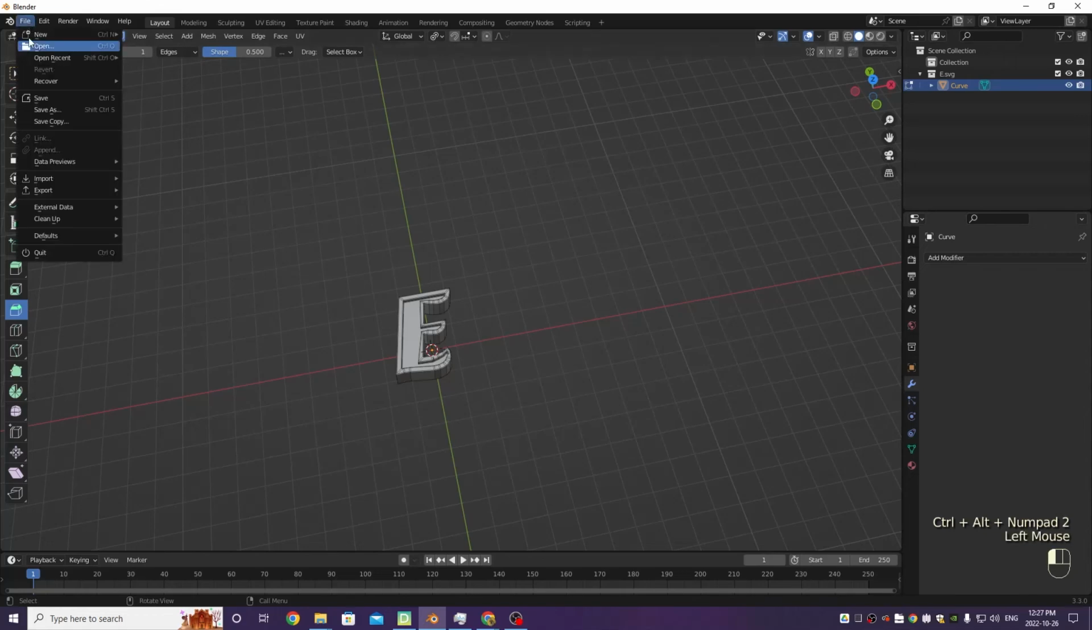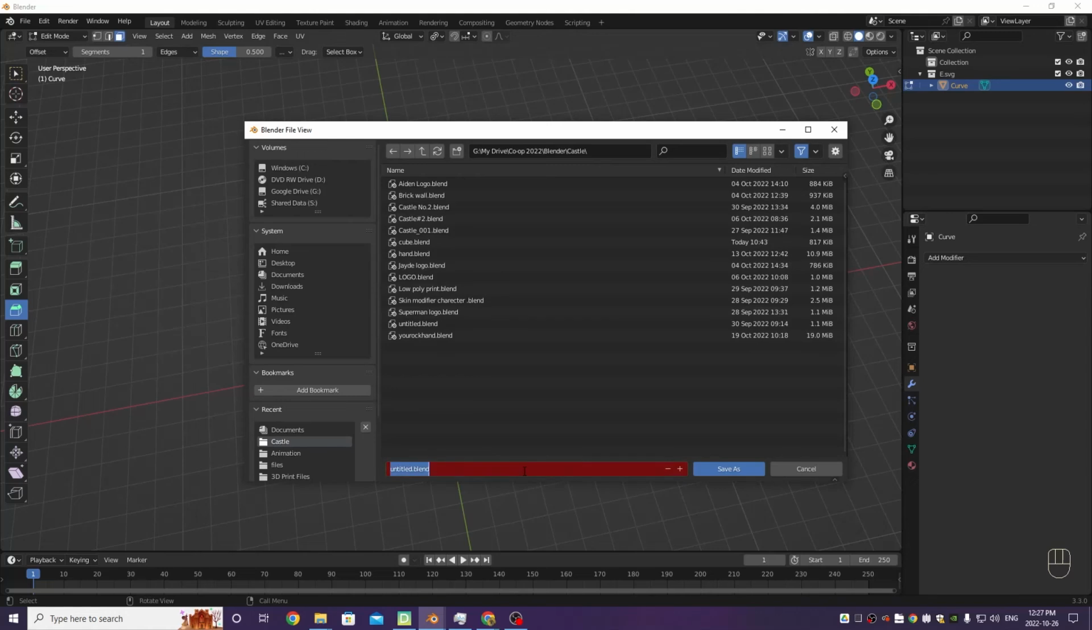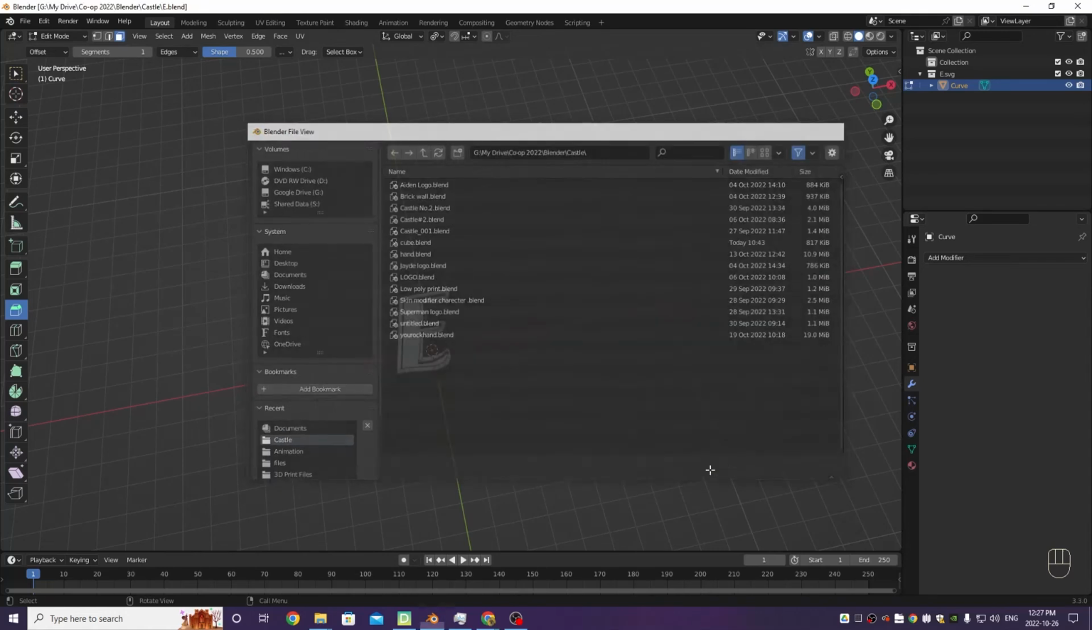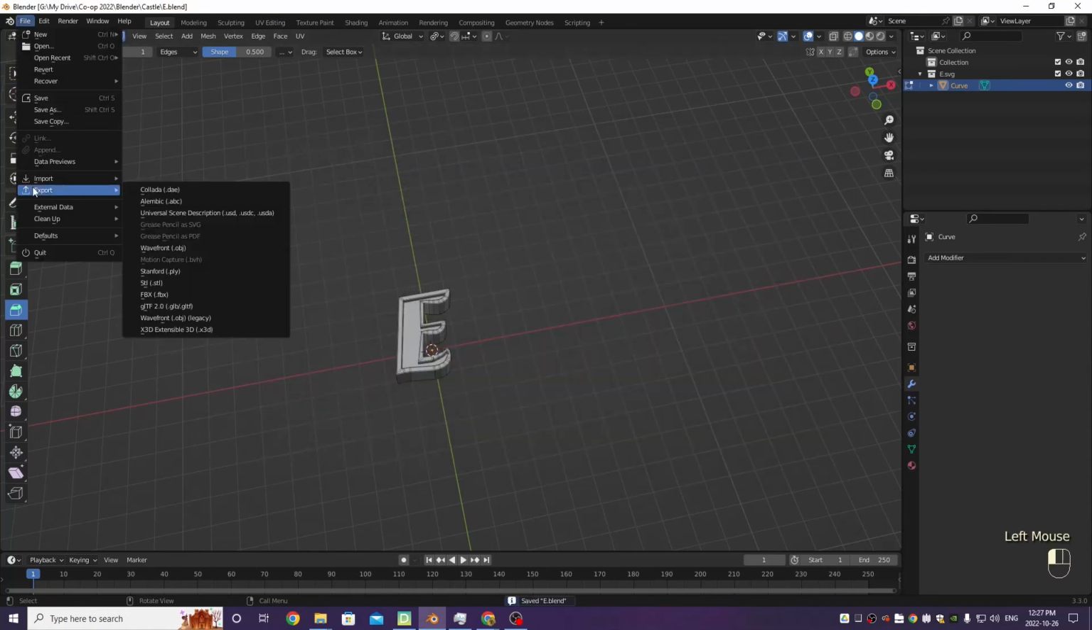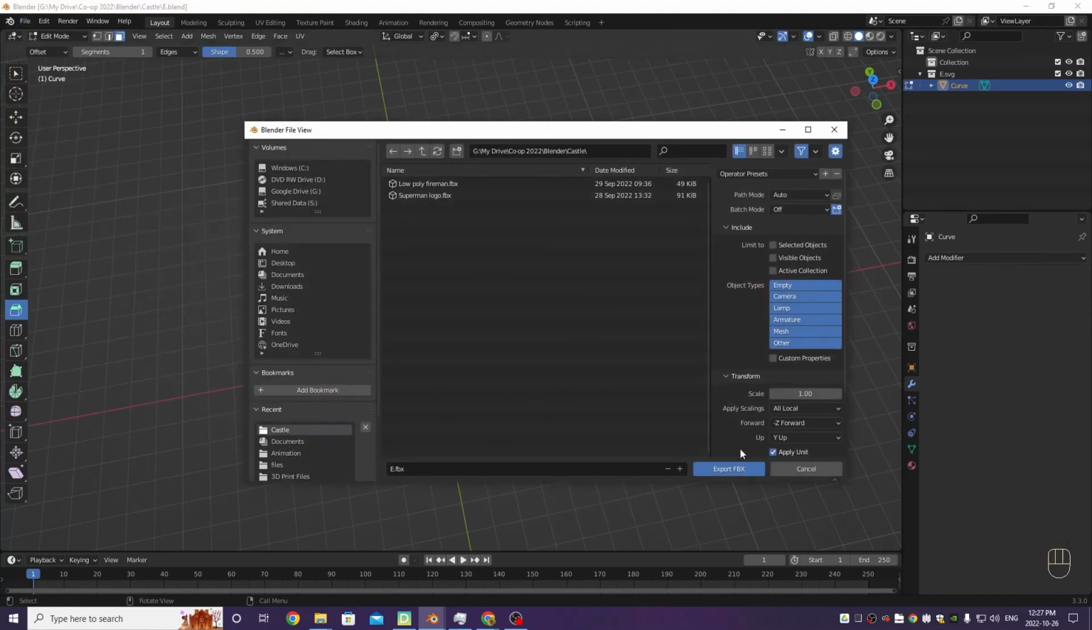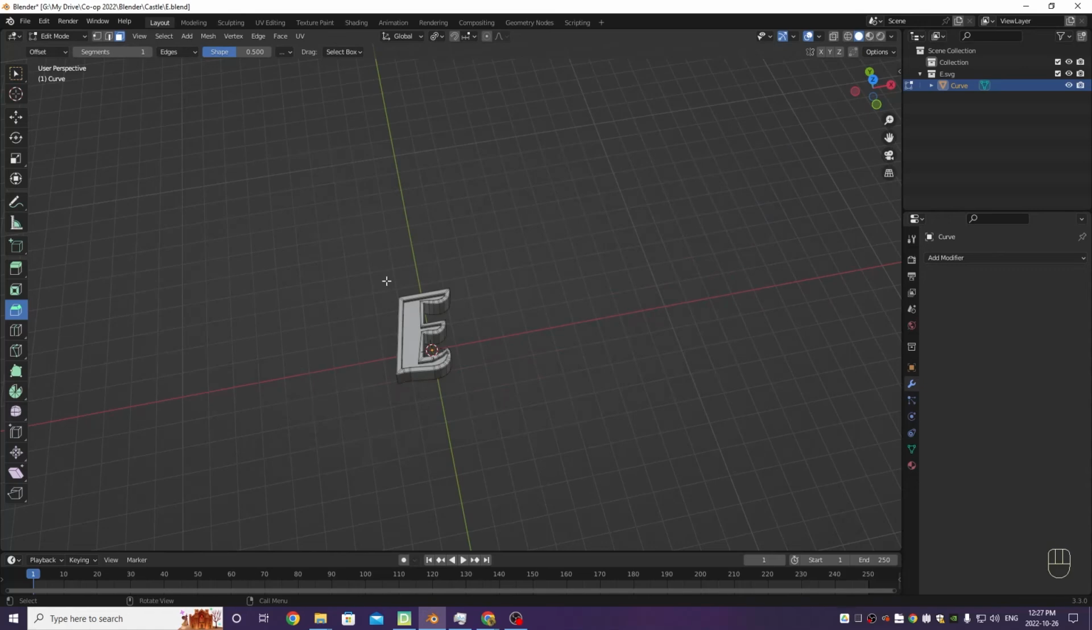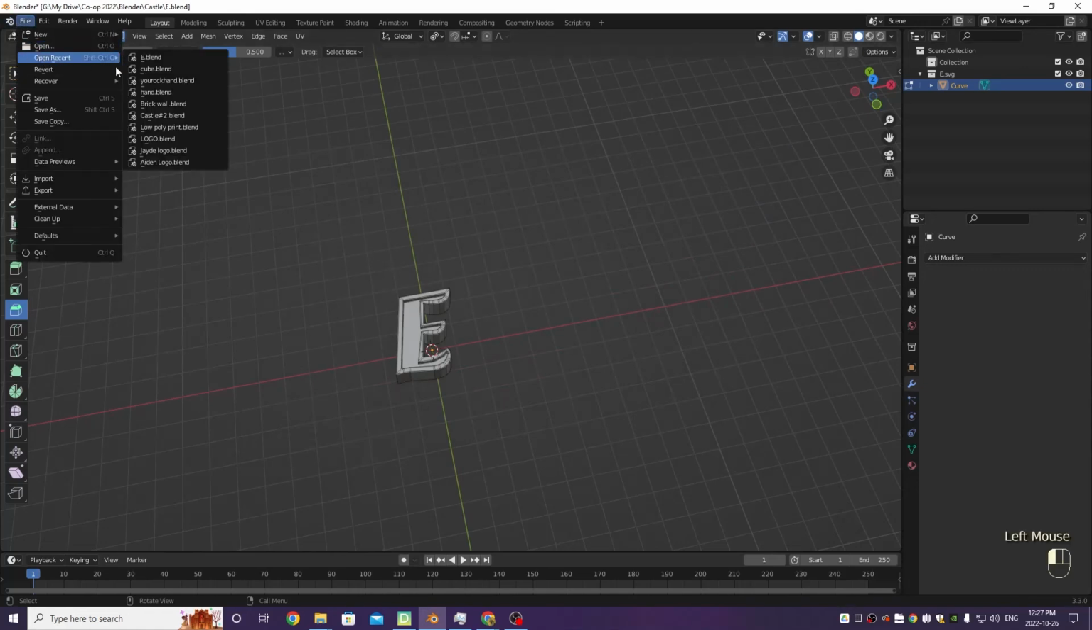What we want to do is we do File, Save As. I'll just do E. Want to export it as an FBX. I'm going to export FBX. Now, if we open